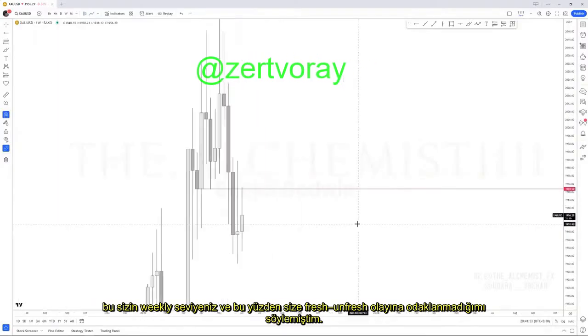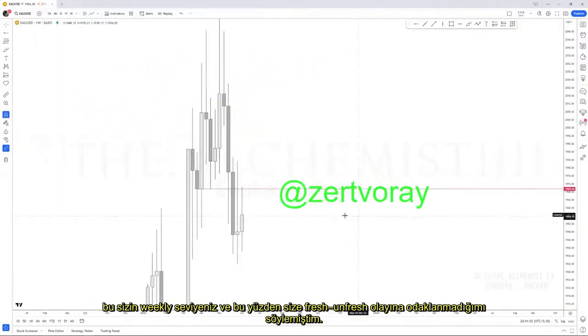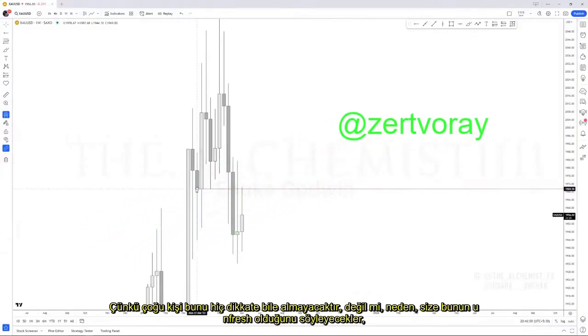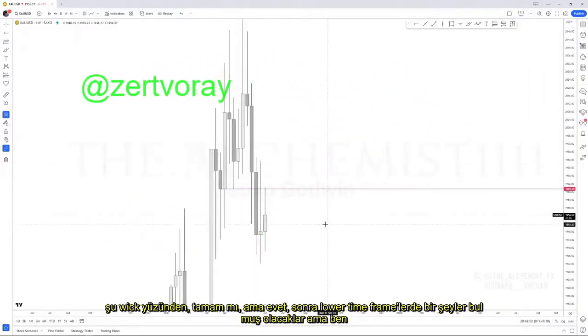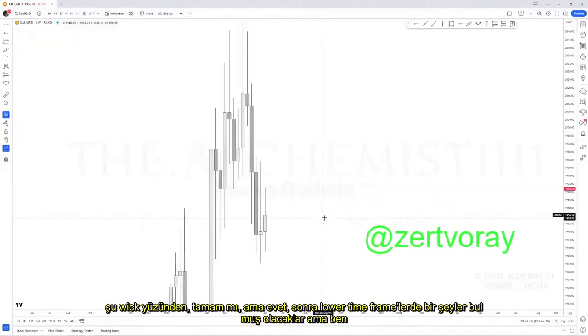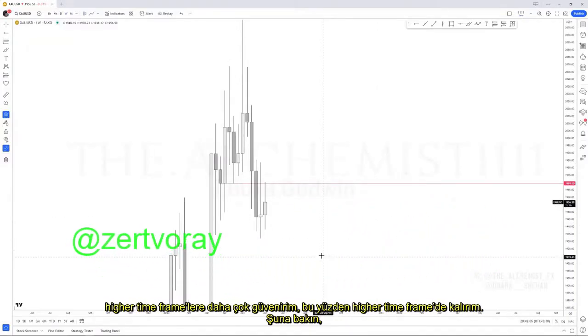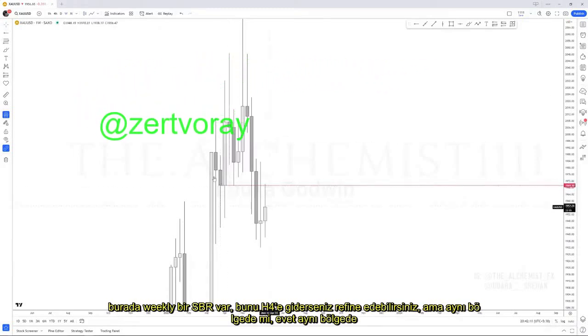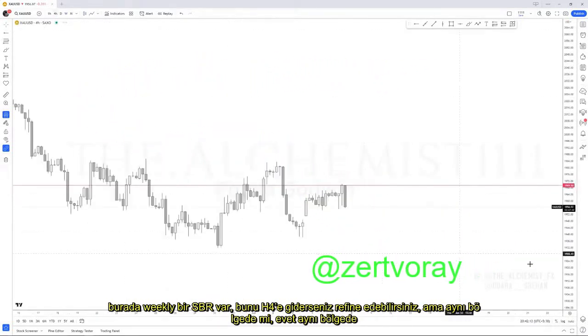Now, this is the reason I told you I don't focus on fresh and unfresh. Most people wouldn't even consider this, because they'll tell you that is unfresh because of this week. But then they would have found out something on the lower time frames. But I trust the higher time frames more. That is why I stick to the higher time frames. Now look at this. This is a weekly SBR, which could be refined into, if you go to H4,